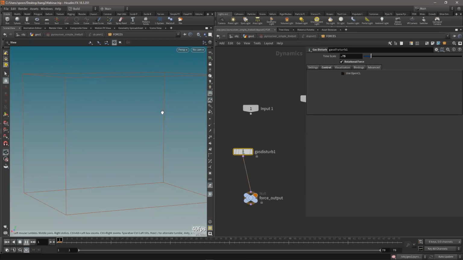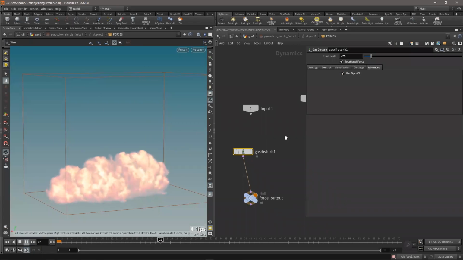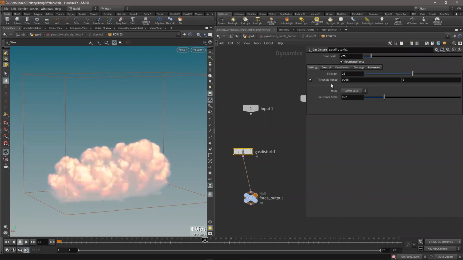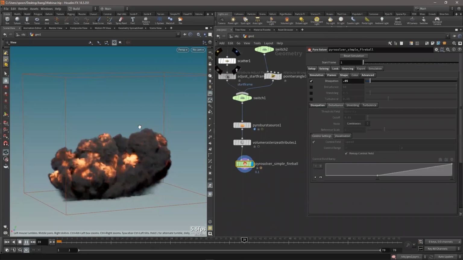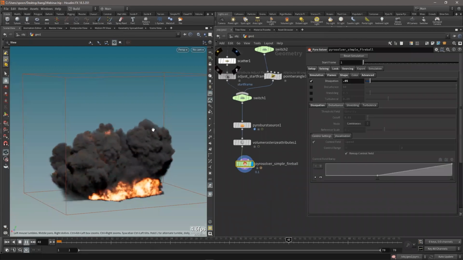If I don't turn that on, you'll see it's really slow because suddenly it's not doing the minimal solve. But if I turn this on, this is able to join into the minimal solve, and now it goes quick again, and we can see the effect of this node. I'm inside the network here, that's why the shading looks funky. But this one I'm going to have on continuous. Let's put that to 50 again, and let's come out of that node. And you'll see we get that crunchy continuous noise that we want,